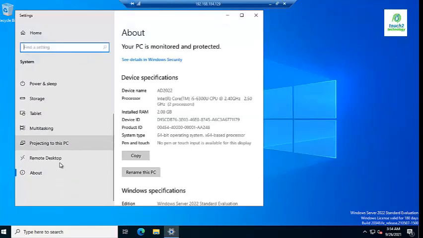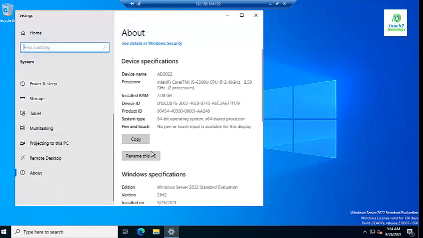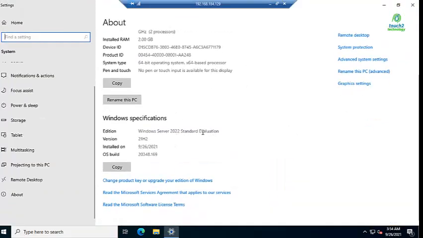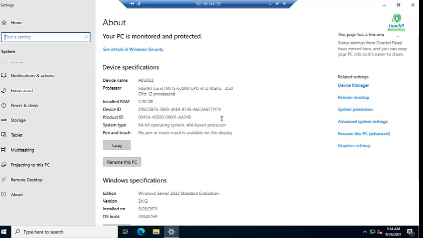Here it is showing system details. You can also see from here.